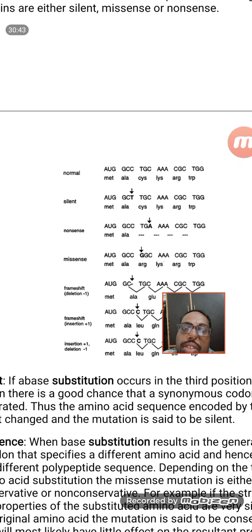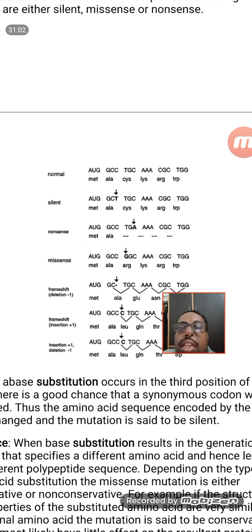For example, AUG is a codon which codes for a particular amino acid, which is responsible for making a particular protein. We will be studying how proteins are formed in the next chapter. Inside point mutation, there are different types. The first point mutation is known as the silent mutation. You see here AUG,